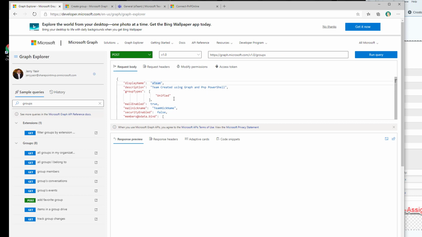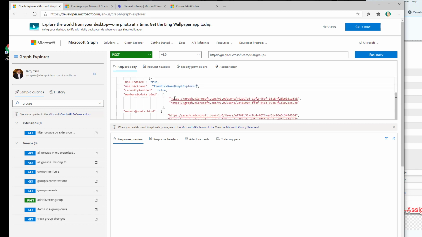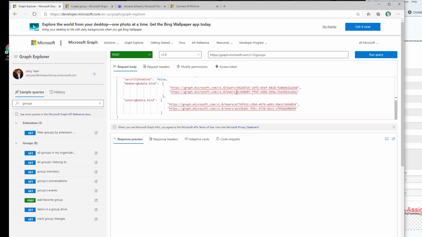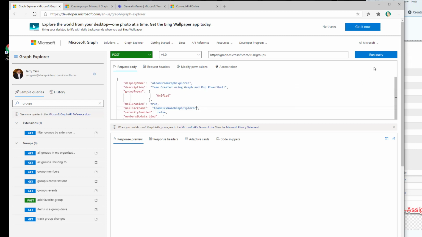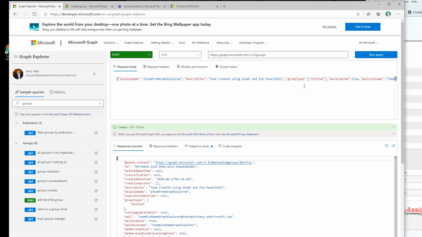So I can change the name a little bit. I can say a team from Graph Explorer. I'll say team nickname Graph Explorer. And if everything is good, you can see I already have the members. I'm logged in already. So if I click on run query, if everything is good, it should automatically go and